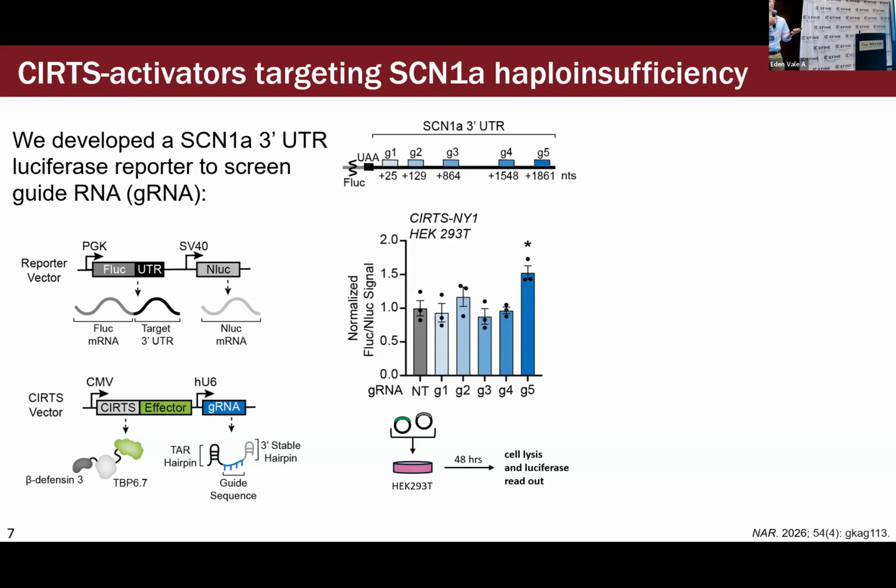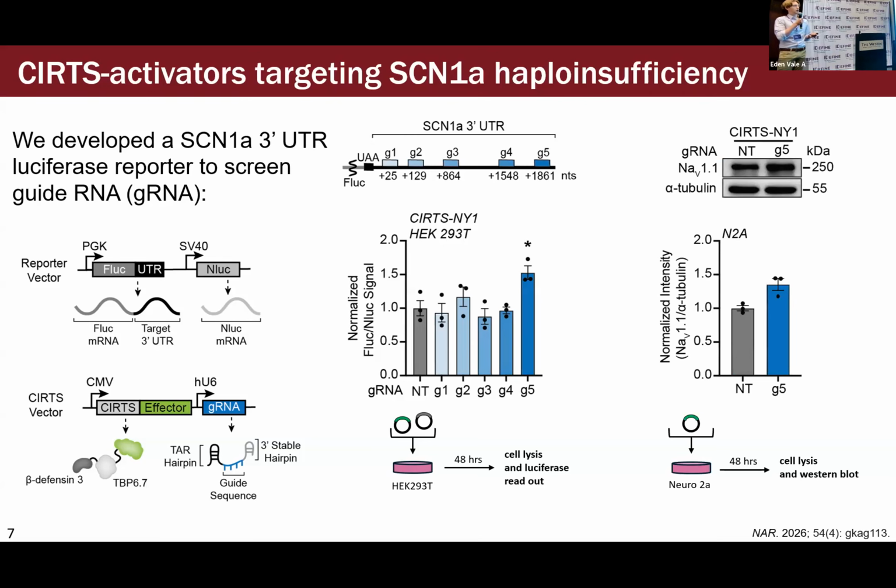And this schematic up here shows a map of the 3' untranslated region, and these boxes are where the guide RNAs that I designed land. So we have the stop codon here, which begins the 3' UTR, and so we have guides that fall closer to the stop codon and also guides that fall near the end of the 3' UTR. And using our SERTs Y1 that I showed, we found that guide 5 specifically was able to increase firefly luciferase